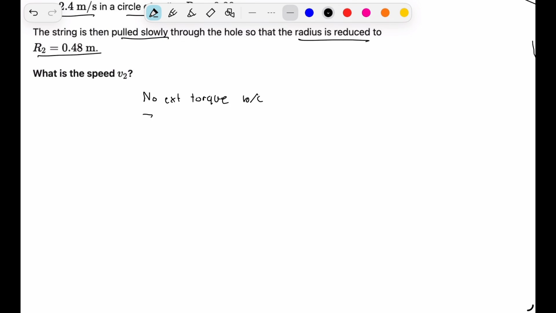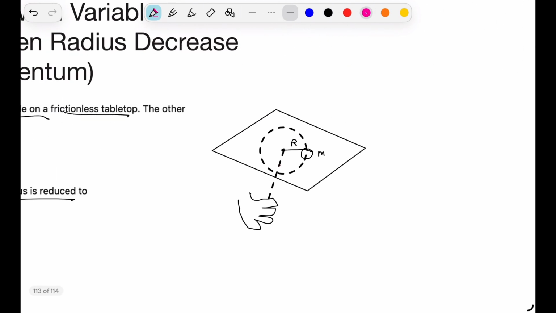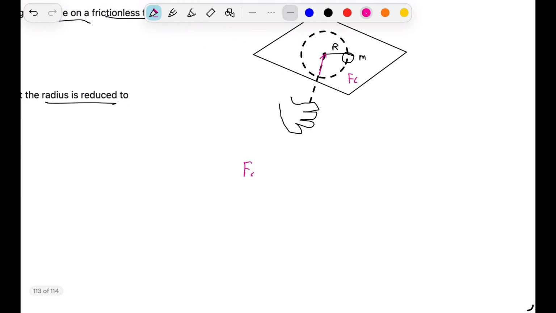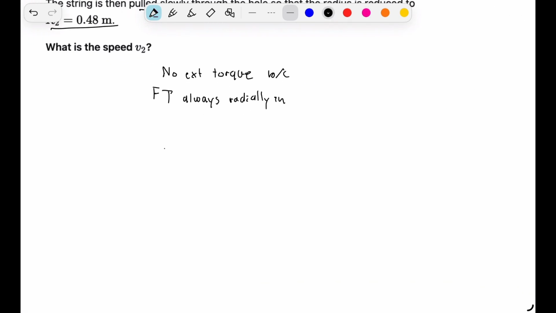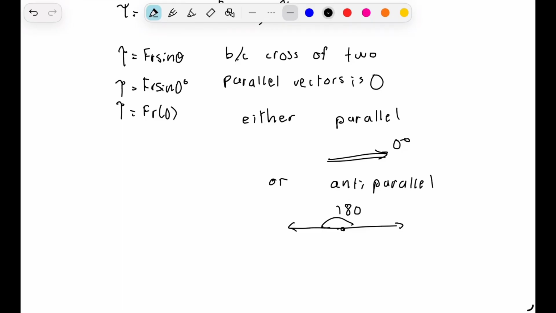because of the fact that our tension force is always going to be radially inward. So if it's always going to have a tension force that's in the center, this means that we have a centripetal force. Centripetal force just means that the summation of your forces is going to be making the circular motion continue. So our torque is equal to r cross F, and since the force is going to be parallel to r, that means that the torque is going to equal 0